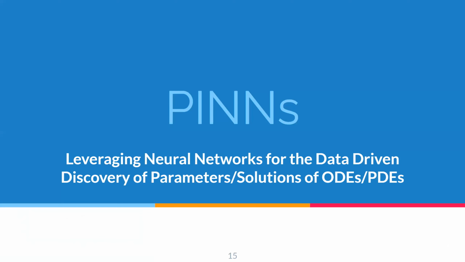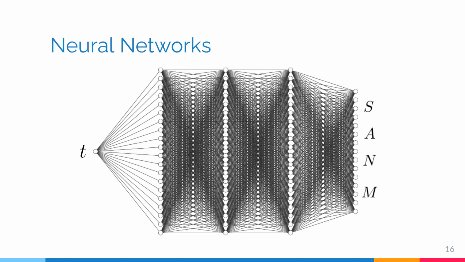Our next extension was parameter estimation. Specifically, we use a novel technique in the literature called physics-informed neural networks, or PINNs, which enable us to learn the solutions and parameters of ODEs and PDEs. The fundamental idea is to leverage the power of neural networks as universal function approximators and apply them to our model. Specifically, we use a simple feed-forward deep neural net with 1 input, time, and 4 outputs for our 4